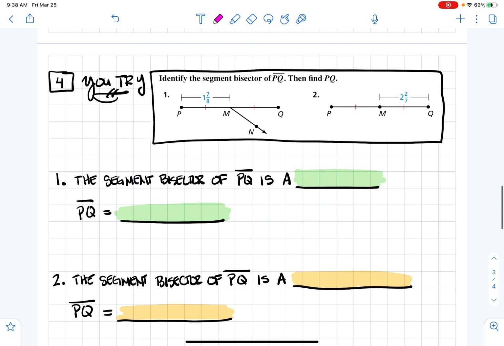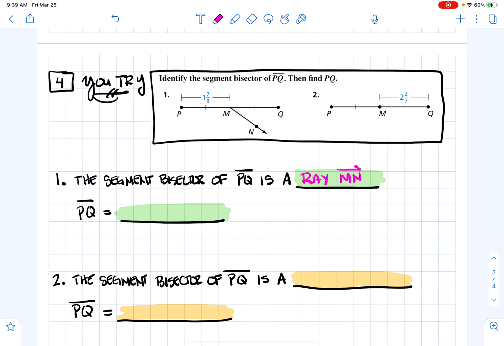All right, box number 4 is a U-try. I'm going to do the first one for you, and then I'll let you guys do the second one here, okay? It says identify the segment bisector of PQ and then find the distance of PQ. So I'll do number 1 for you. So here's your sentence frame. The segment bisector of PQ is ray